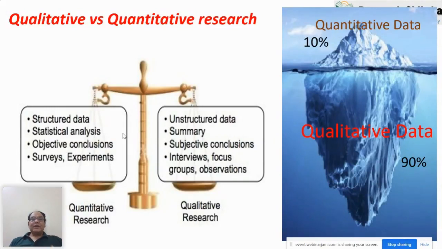Okay, and if you ask me from where we can get the qualitative data, we can get it from interviews, from observations, from books, from news, from videos, from audios, from pictures, from statements, from social media. So these are the different sources from where we can collect the qualitative data. Okay, so I hope there is no issue between the understanding of qualitative data and quantitative data.